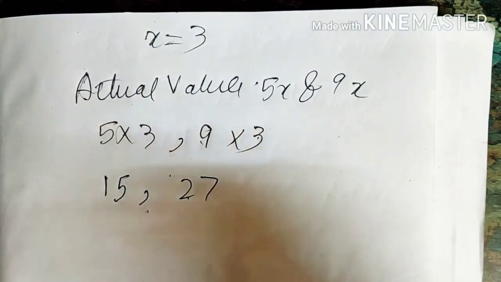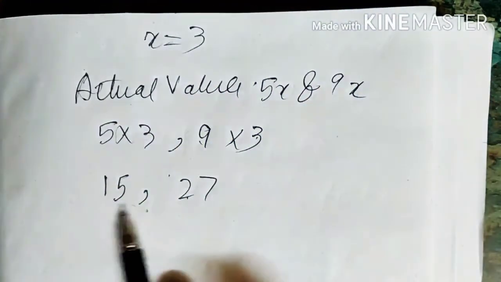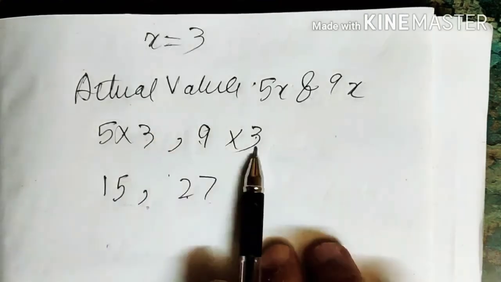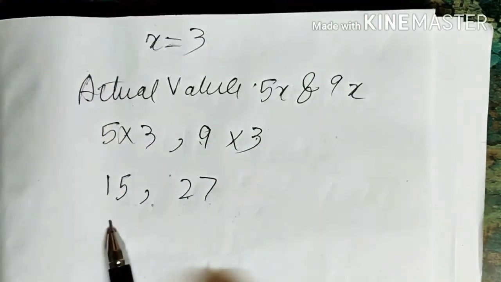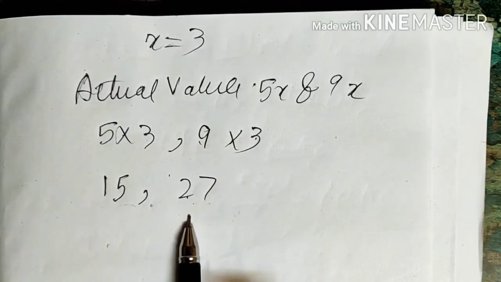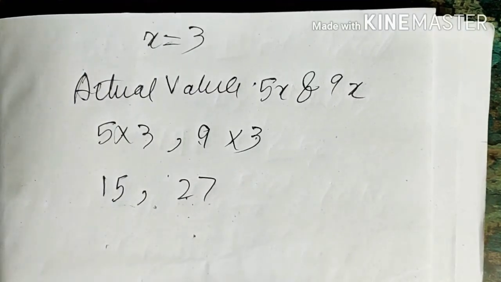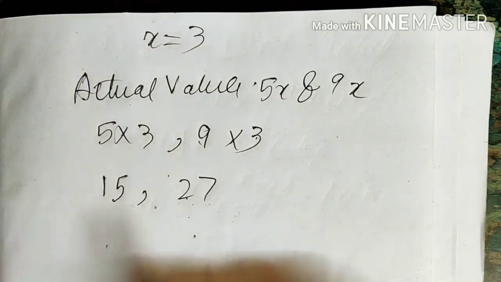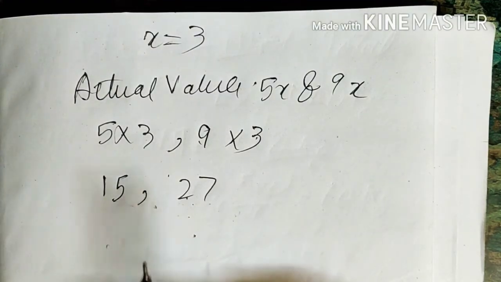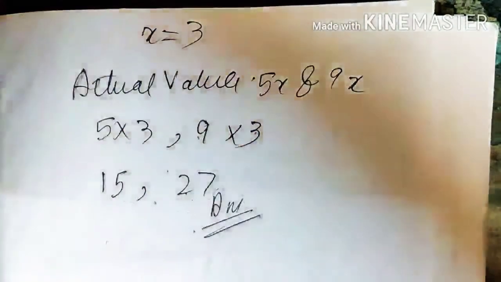Yeah. So this was given in the question, that if we subtract 3 from the actual values, that is 5x and 9x, where 5x means 15 and 9x means 27, you will get 12 by 24. And when we divide them, what you will get? 1/2, as it was given in the question. If we subtract 3 from the actual values, you will get the new ratio 1:2. So this is our answer. The actual values are 15 and 27.